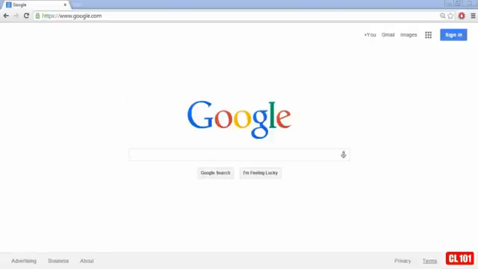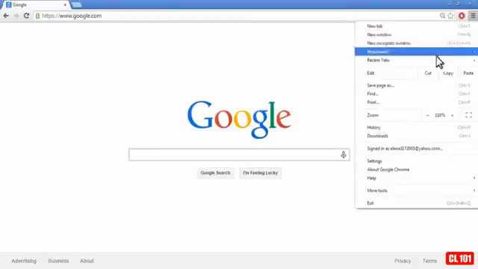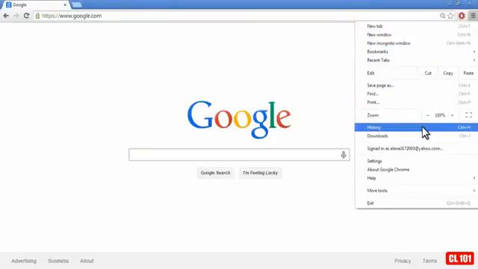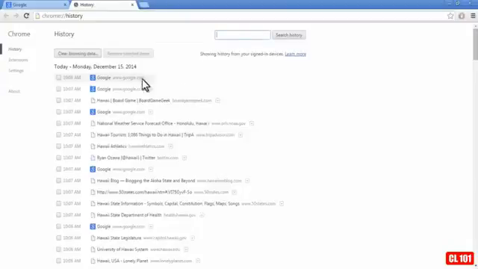Okay, so here we are in Google Chrome. In order to delete the browser history out of Chrome, we are going to go up to the right and click here, and then go down to History. Click on that, and then you'll be able to see the history of basically the sites that I've been to